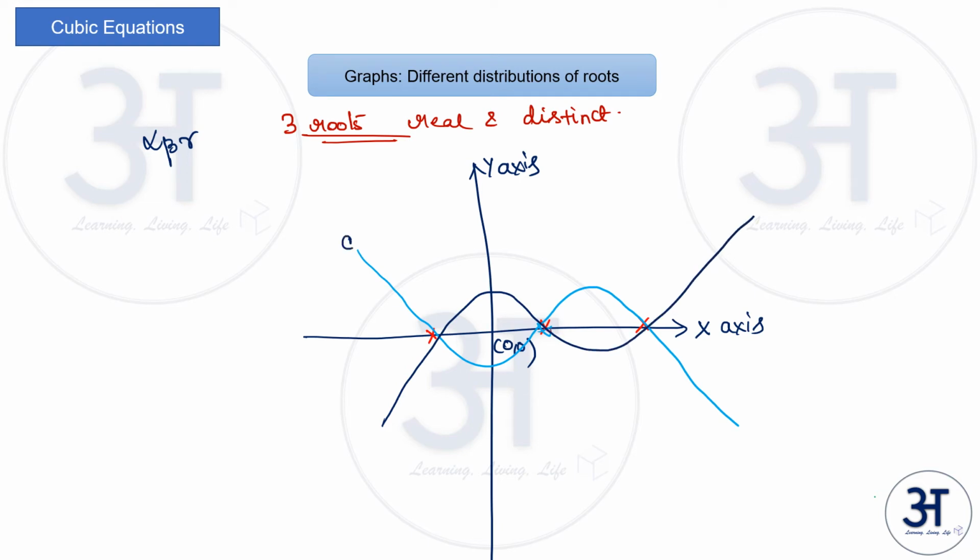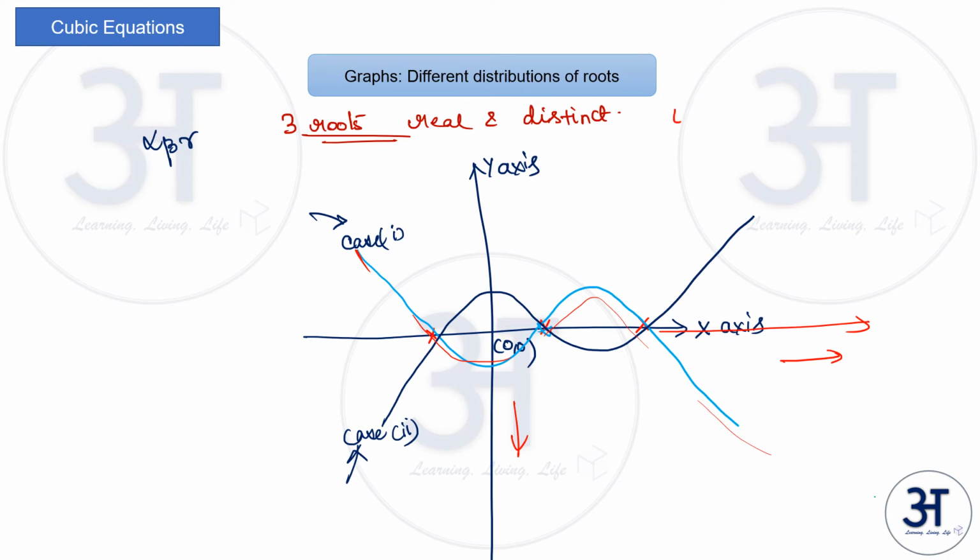Okay, so let us call this case 1 and this case 2. Let us see in which situations we get the case 1 graph and in which situations we get the case 2 graph. If you look at the case 1 graph, it is going somewhere like this and it is going negative. So when x is becoming positive infinitely, y is becoming infinitely negative.